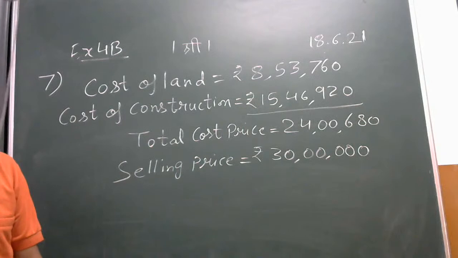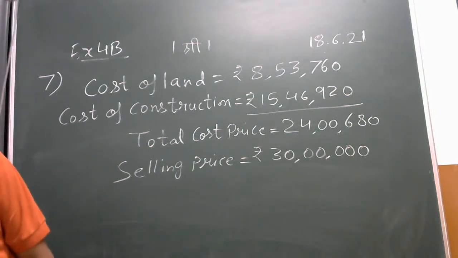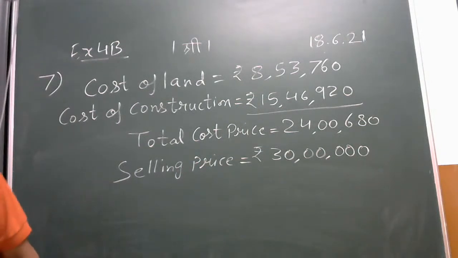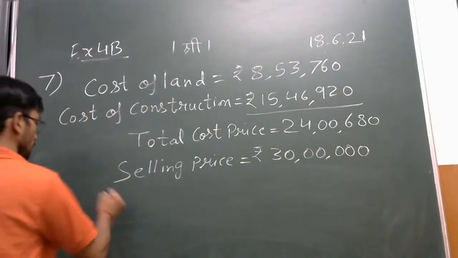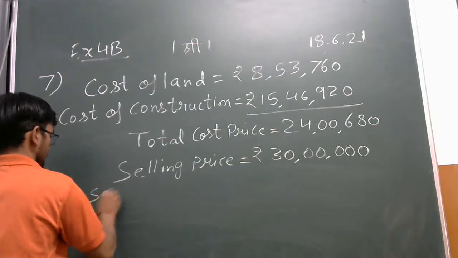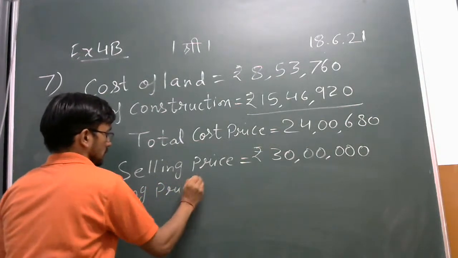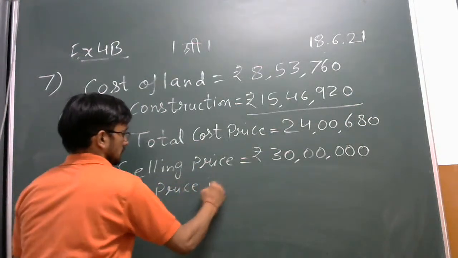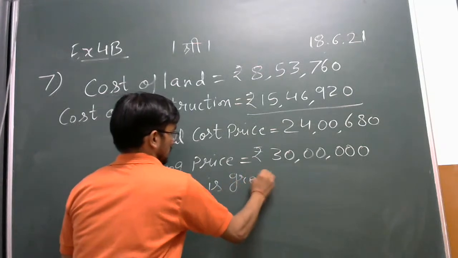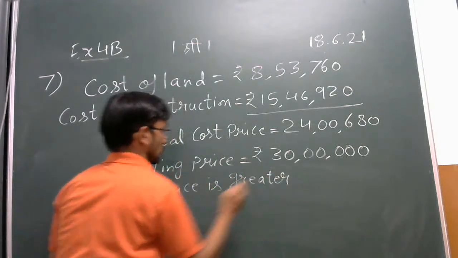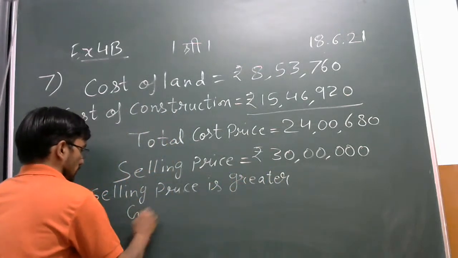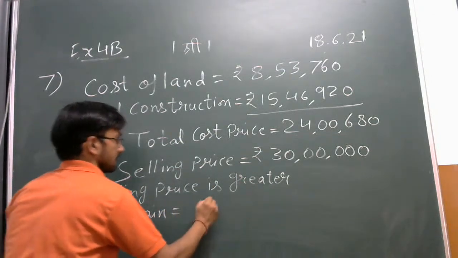What is his gain? How much rupees he earned in there? So we may write there, who is greater here? Selling price is greater. So the gain